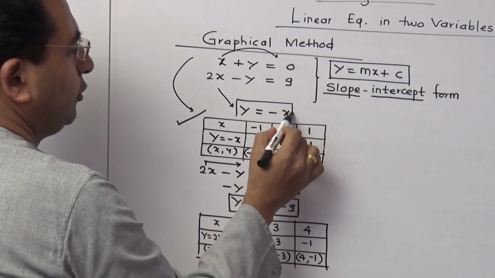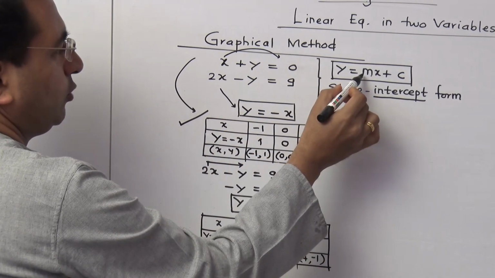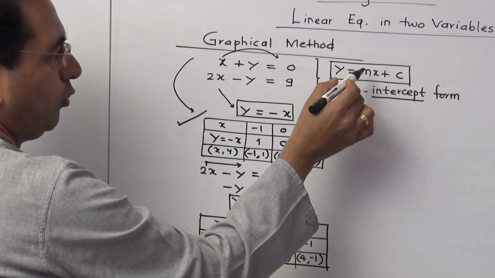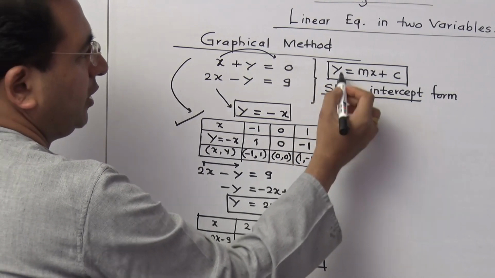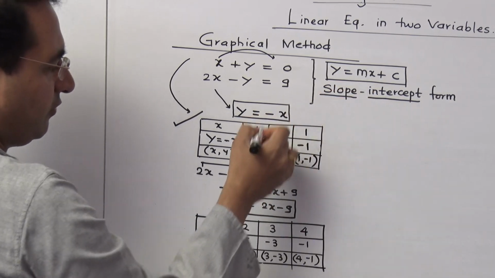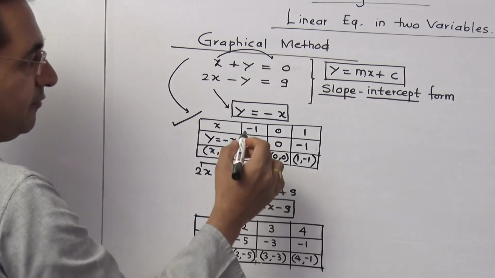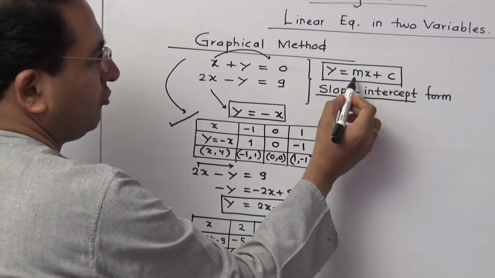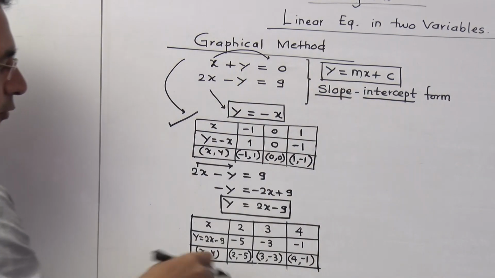So what you want to do here in this case, whatever equations are given to you, you have to convert into the form y is equal to mx plus c. I will tell you what happens when you are converting it like this. Now when you write the equation like this form, then after drawing a line, we can cross check based on this. I will tell you one by one.